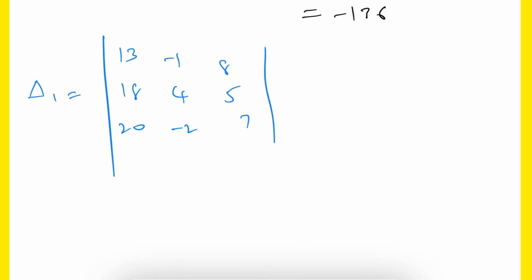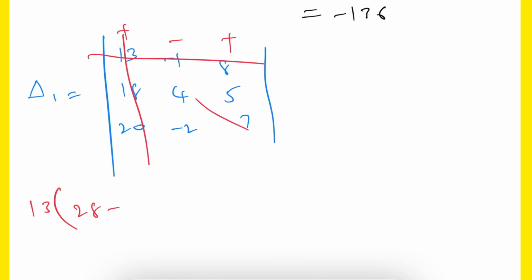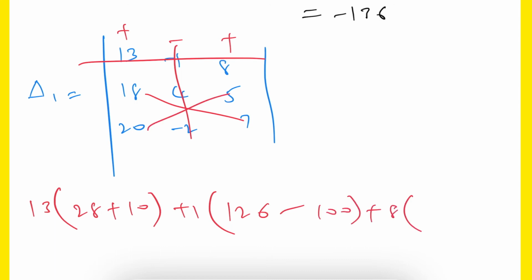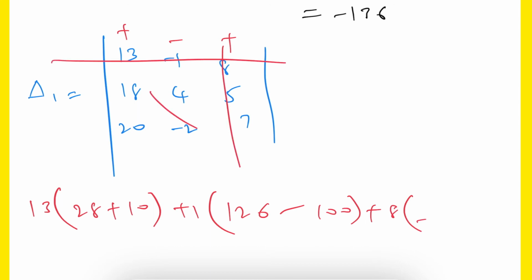Okay. Now for this we need to find out the determinant. So this will become plus, it will become minus, it will become plus. So it will be 13 into this row and column if we remove, 4 7s are 28 minus 2 into 5, minus 10, it will become plus 10 then. Next the same way, second minus into minus 1 plus 1 into row and column if we remove, 18 7s are 126 minus 25, are 100, then plus 8 into 18 times minus 2, minus 36 minus 24 is 80.